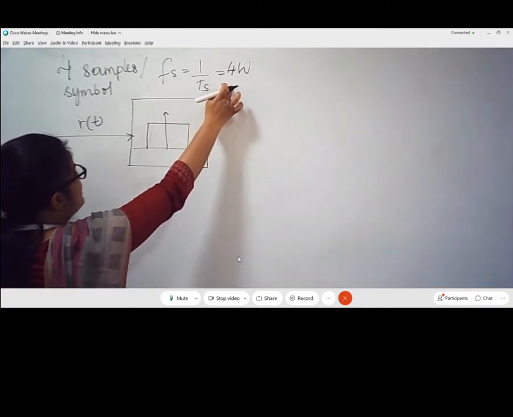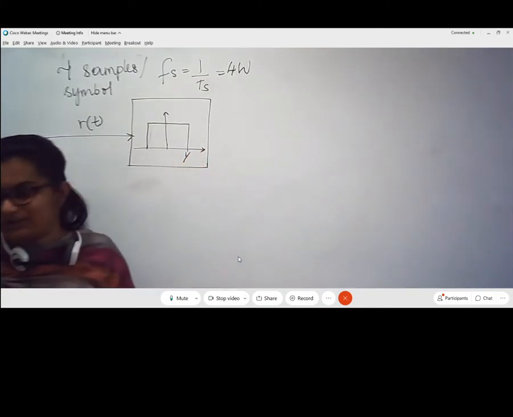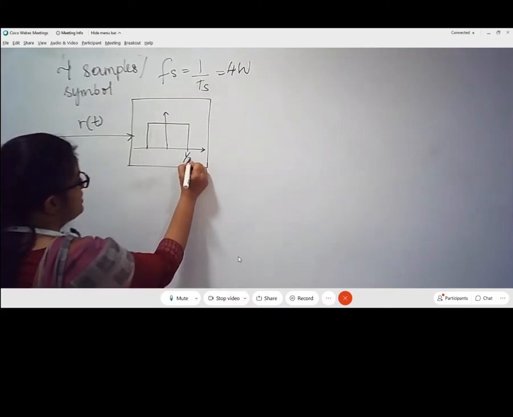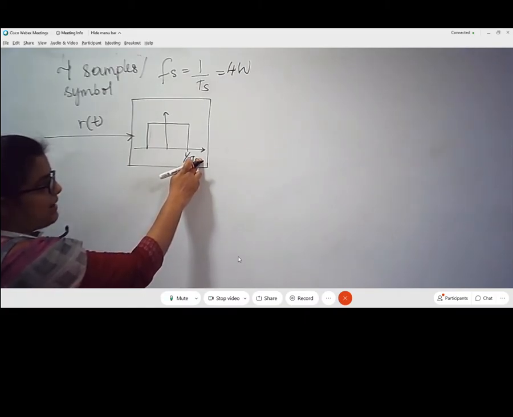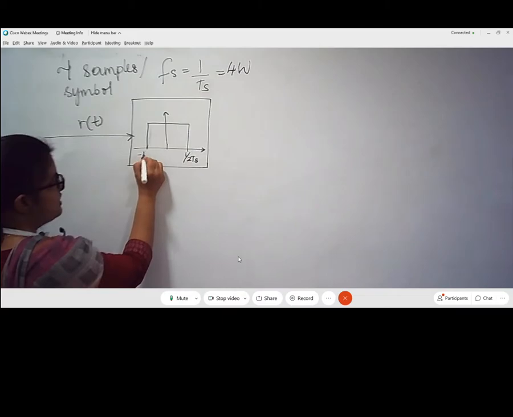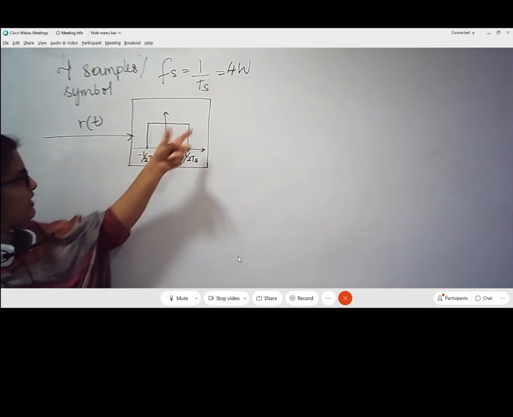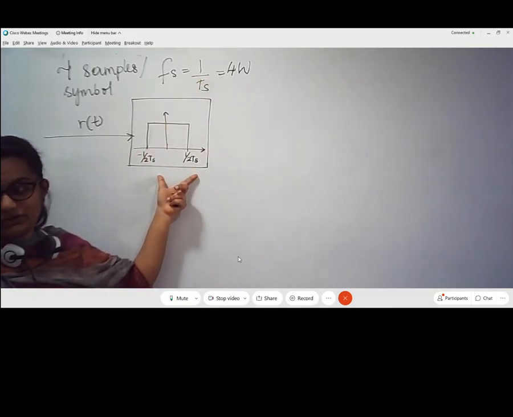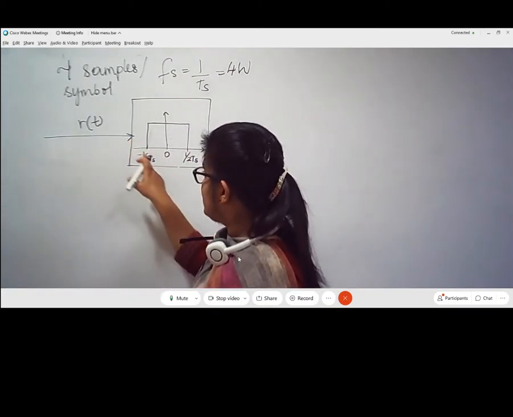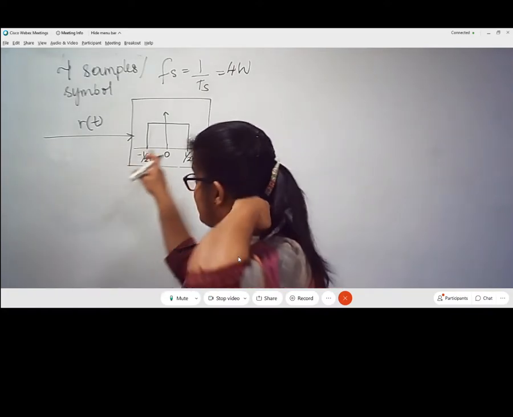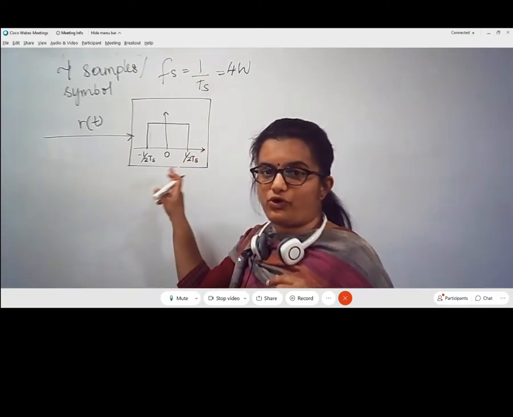So corresponding to this, I will have one sampling duration. So I am going to adjust this bandwidth in such a way that it is equal to the received signal bandwidth. See here, it is not T, it is Ts. This is the sampling time. So here minus 1 by 2Ts. So the total bandwidth will be equal to 1 by Ts. So using this type of filter, I have obtained 4 samples per symbol. So each symbol will undergo this filtering process, and for each symbol I can obtain a minimum of 4 samples by using such an operation.